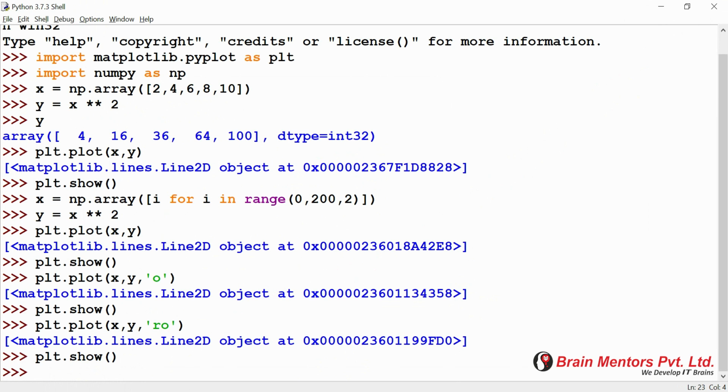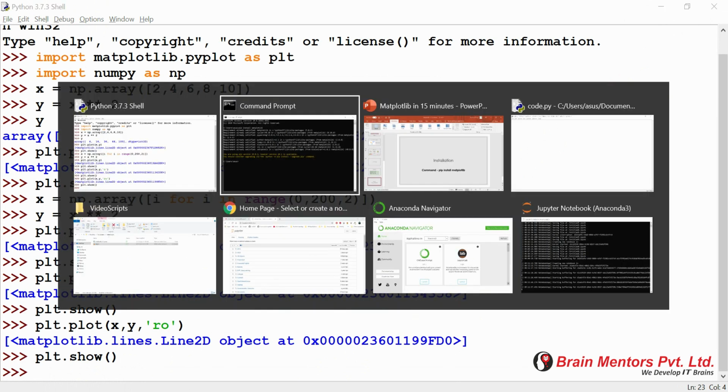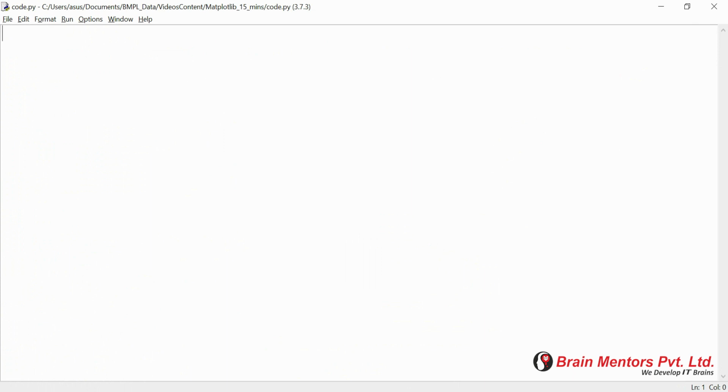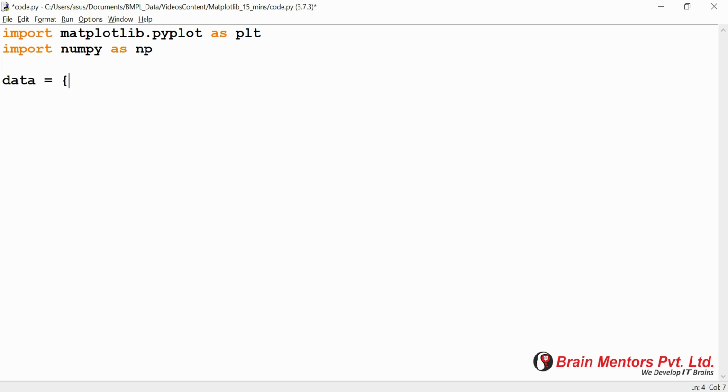What we will do now is we'll create a basic data set in a new Python file. So this is a new Python file where I will create a dummy data of movies with their rating and, let's say, the earning. So you just need to import matplotlib.pyplot as plt. Then you need to import NumPy as np, and then you need to create a dummy data for yourself. So I am creating a data of movie.